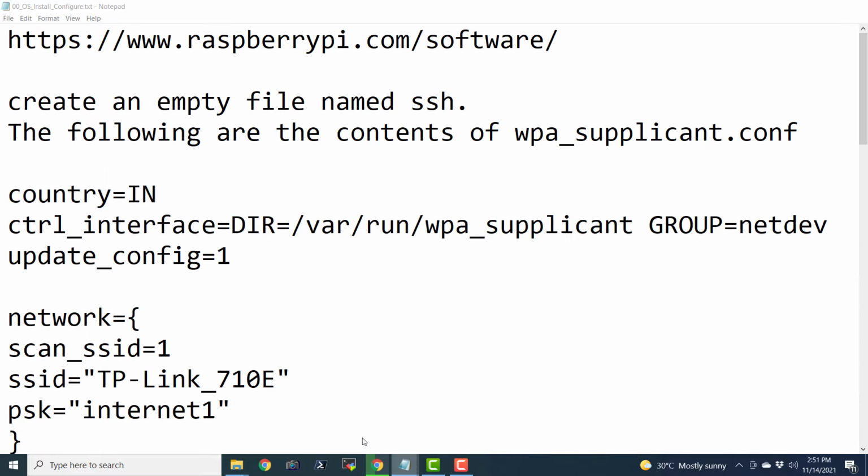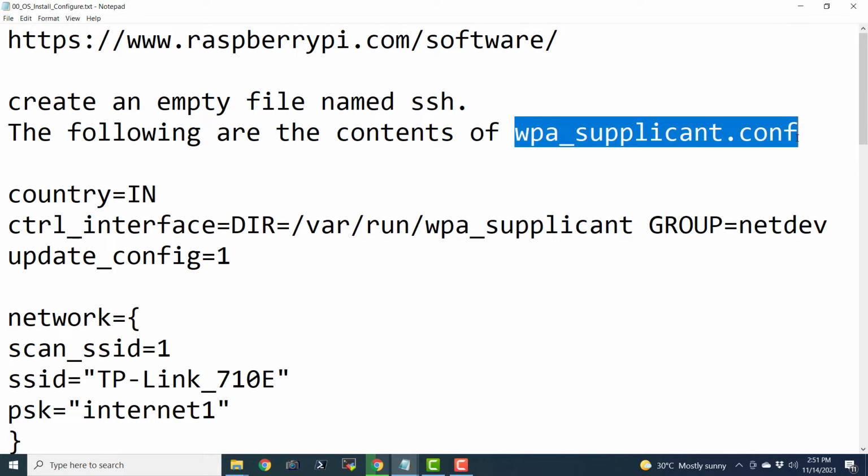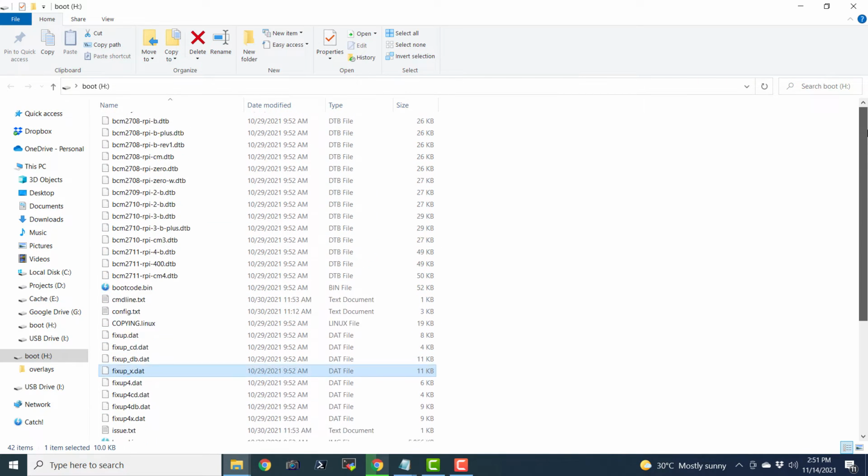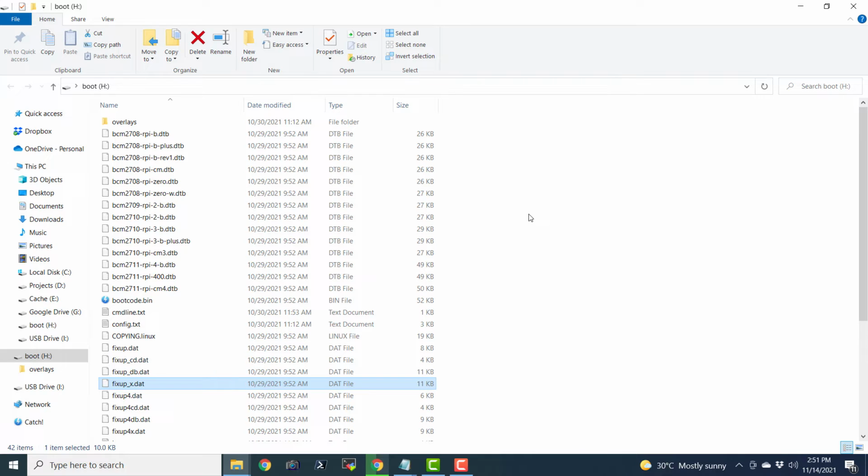And now let's read the step. So the next step is we have to create a new file known as wpa_supplicant.conf. So I'm just going to copy this entire string as it is. And here we are going to see if that file already exists. No. So the wpa_supplicant file doesn't exist. It's a configuration file for your Wi-Fi.